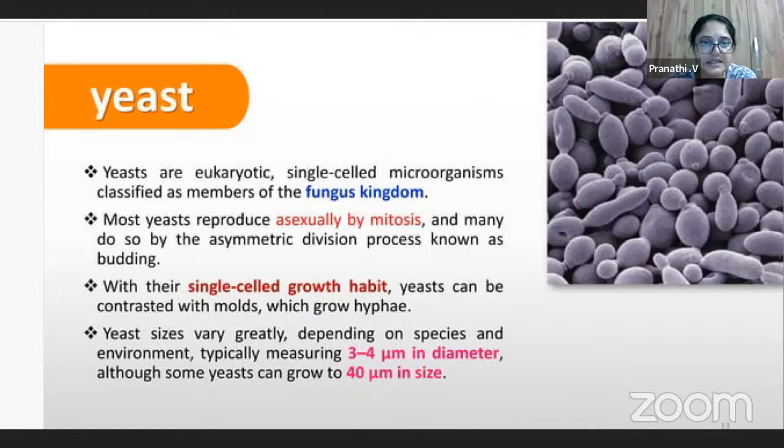So, how is yeast used as a model organism? Let us just see. For that, we have to know the characteristics of yeast. First thing is yeasts belong to the fungus kingdom. They have two types of reproduction, that is asexual by mitosis and by asymmetric division, which is budding. Also, where do they grow? We have a lot of uses of yeast even in our food, in the bakery